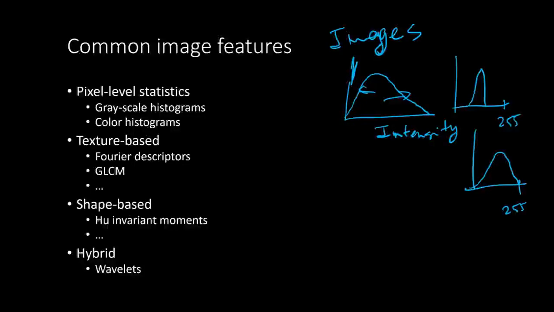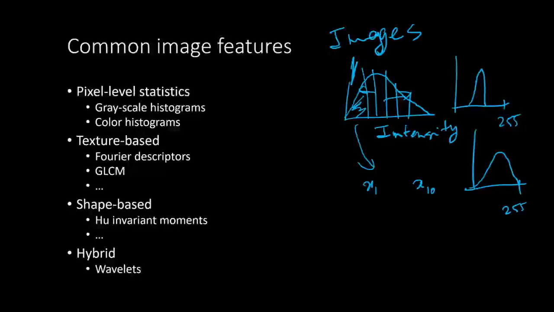Okay. So based on that, we can use the histogram or some summarization of the histogram itself as a feature, right? So we can divide this histogram into bins, and we can say that, okay, I will divide it into 10 bins of range 25 intensity levels each, and whatever is the area in one bin, that will be feature number x1. Similarly, I'll have feature number x10, the 10th feature for a 10 bin histogram.